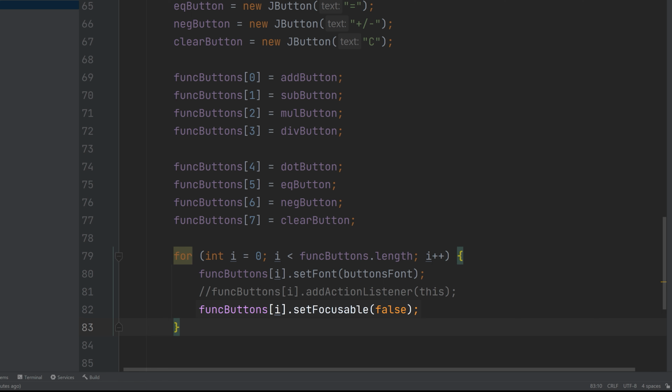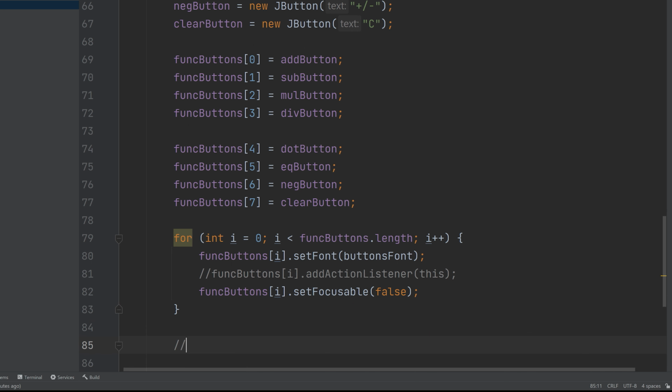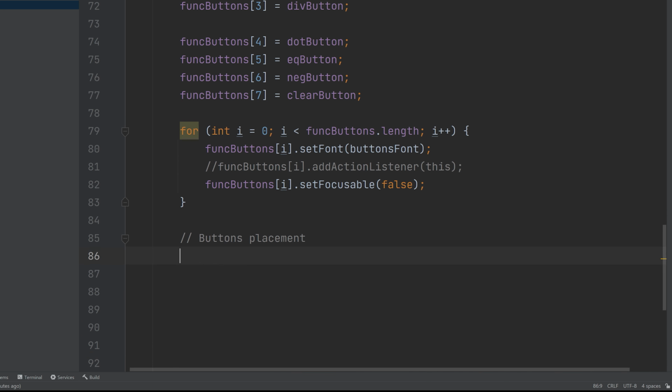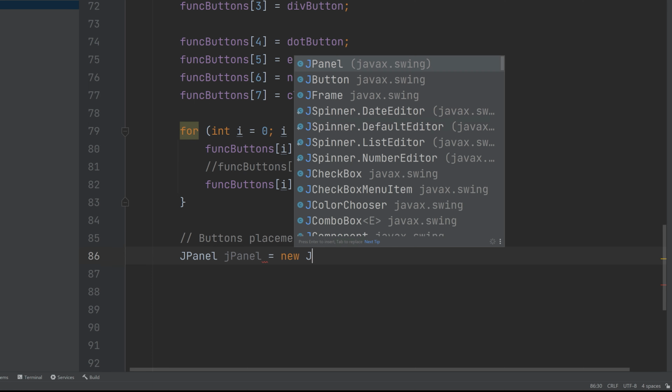buttons not focusable. With that, we have created our buttons, but if we start the calculator now, we would not see them on the interface. To see them, we need to place them and add them to the JFrame. Now, we can use some math and place them individually inside the interface, but this would be difficult and not very useful. Instead, we can use a grid layout to make the process much simpler while learning a few things about them.